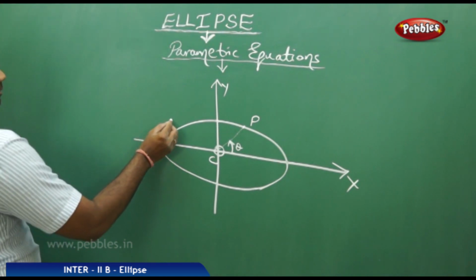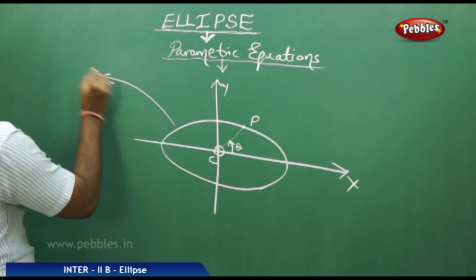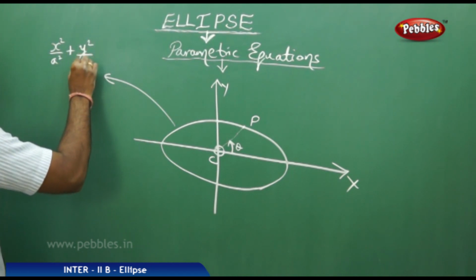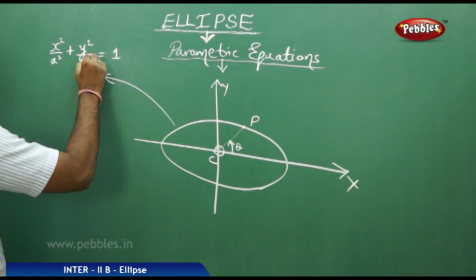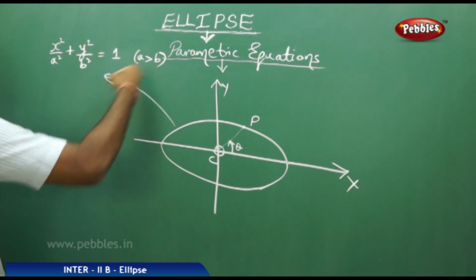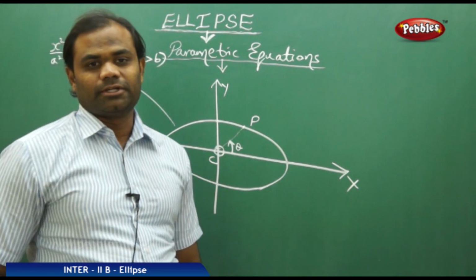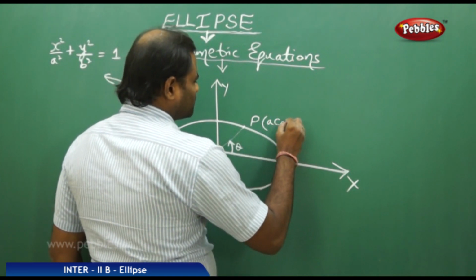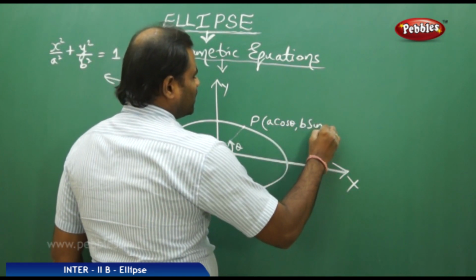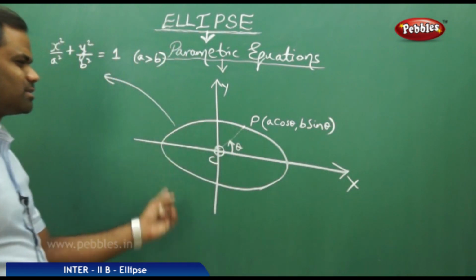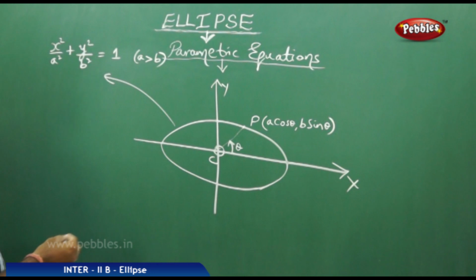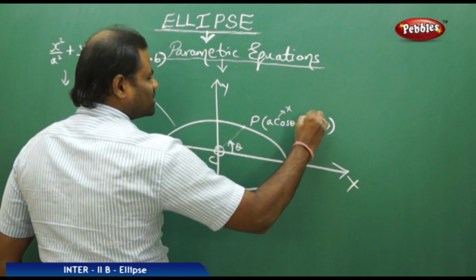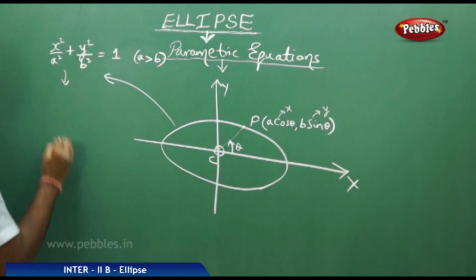Similarly, the ellipse given by x squared by a squared plus y squared by b squared equal to 1, with a greater than b, has the parametric representation where I take x as a cos theta and the y coordinate as b sin theta, which clearly satisfies the equation of the ellipse. If I substitute x as a cos theta and y as b sin theta, I get